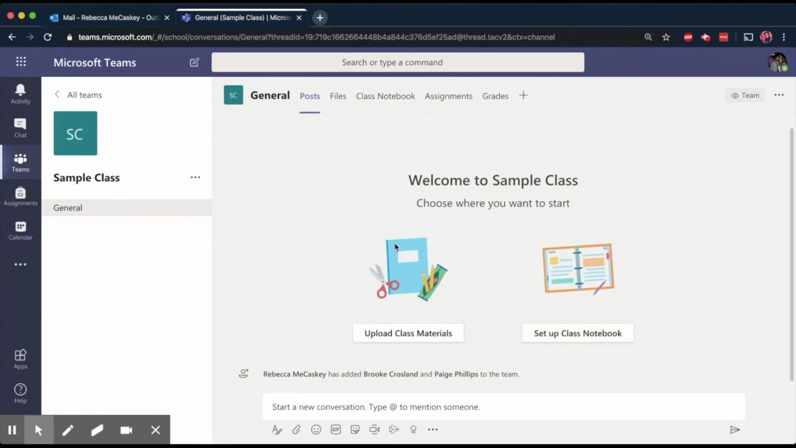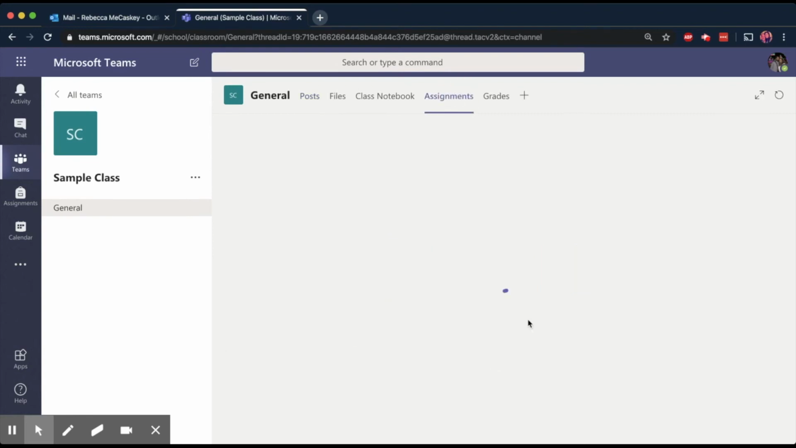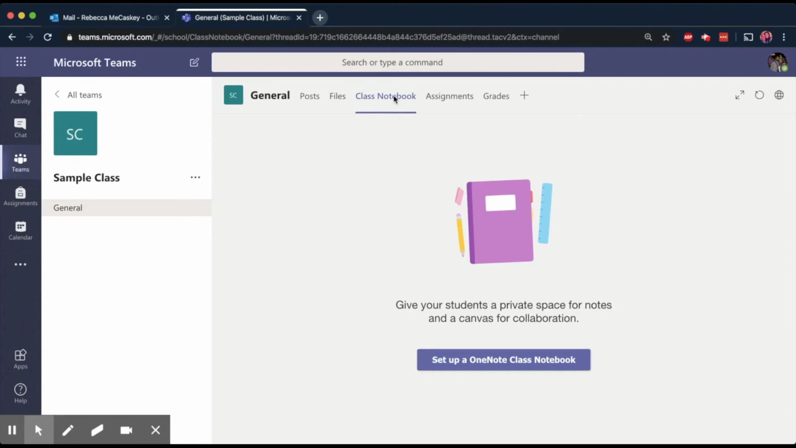The class is a little bit different because I can upload class materials. I could set up a class notebook. I'll have videos more specific on that later. But it's really cool because you can have assignments all in one spot. But I know that you guys 6 and up are going to be using Canvas for that anyway. So